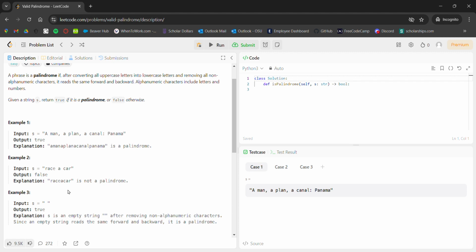All right, and then the last example is simply going to be one space. So the output is going to be true because S is going to be an empty string after removing non-alphanumeric characters. Since an empty string is going to read the same forward and backward, it is a palindrome. All right,